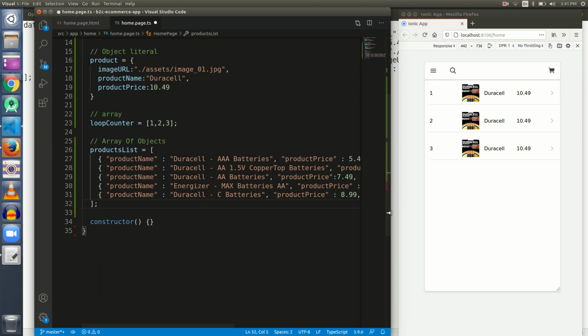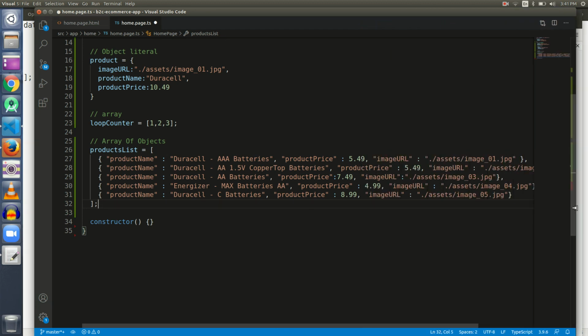So this is the array of objects that we will be using to dynamically generate our list. See, this is an array. The name of the array is products list. This is the first object, second object, third object, fourth object, and fifth object.